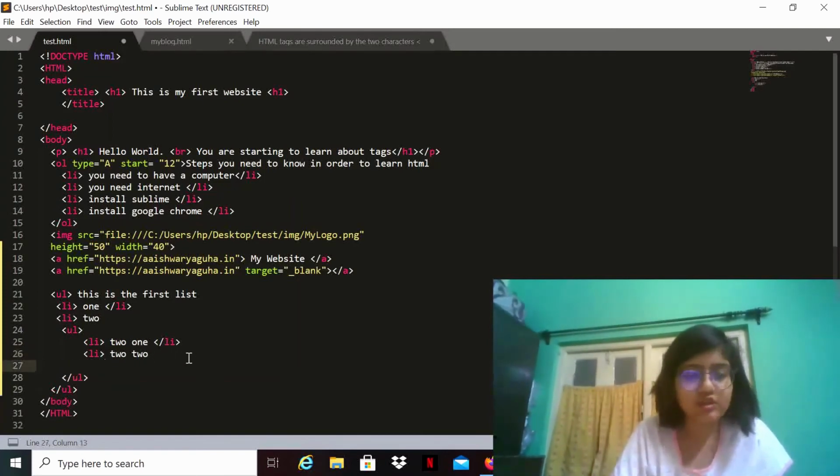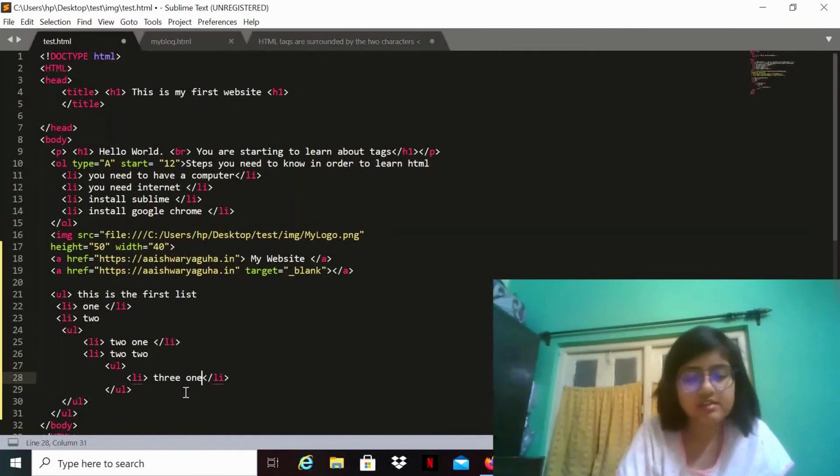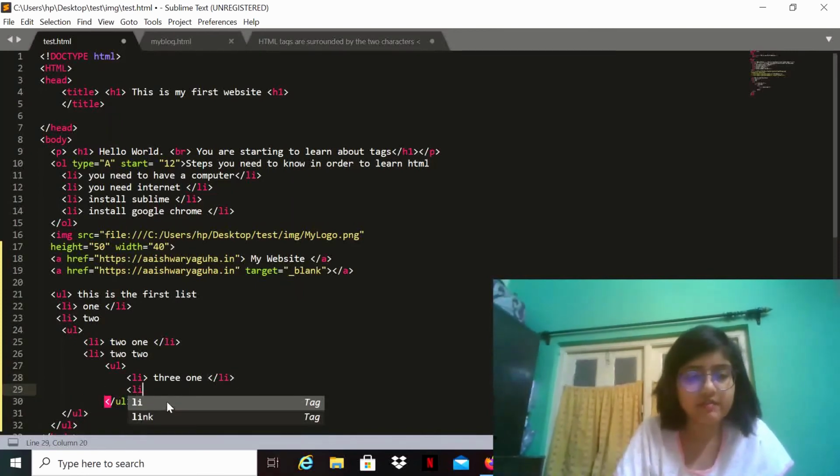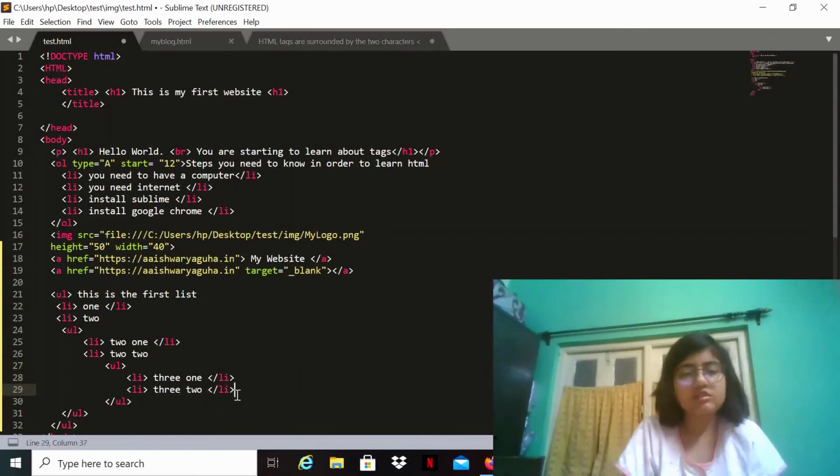Again, if I want to add another nesting, then I can add it like this, UL, LI 3 1, then again LI 3 2. Here finally I'll close the LI tag,